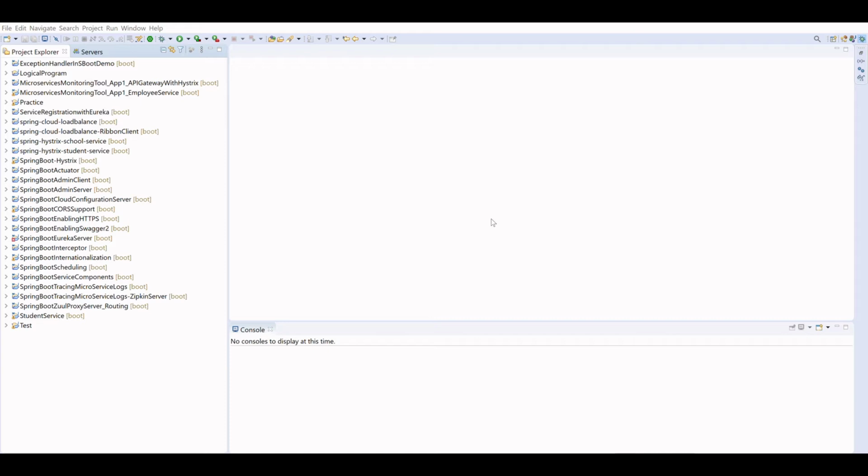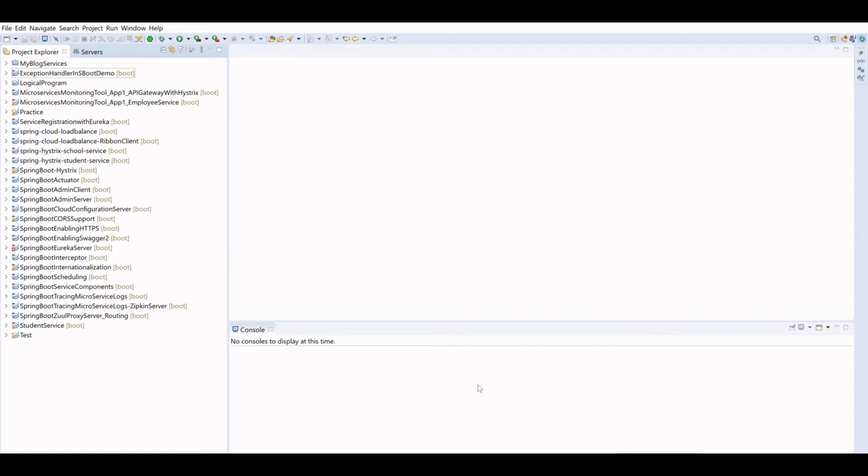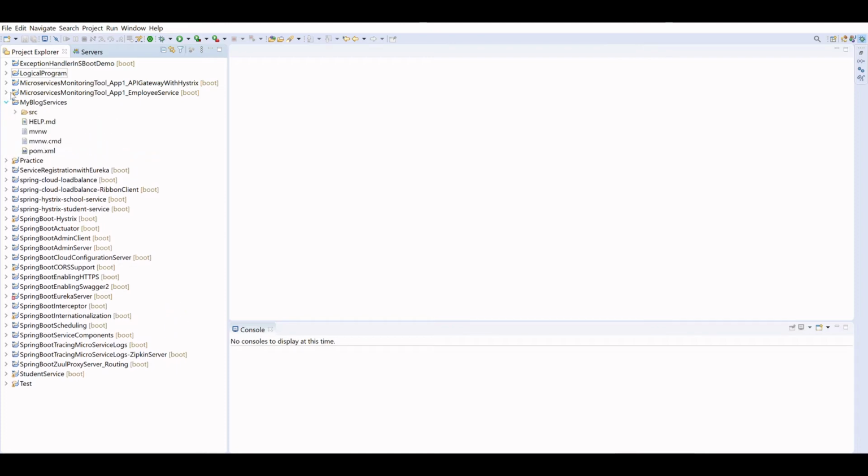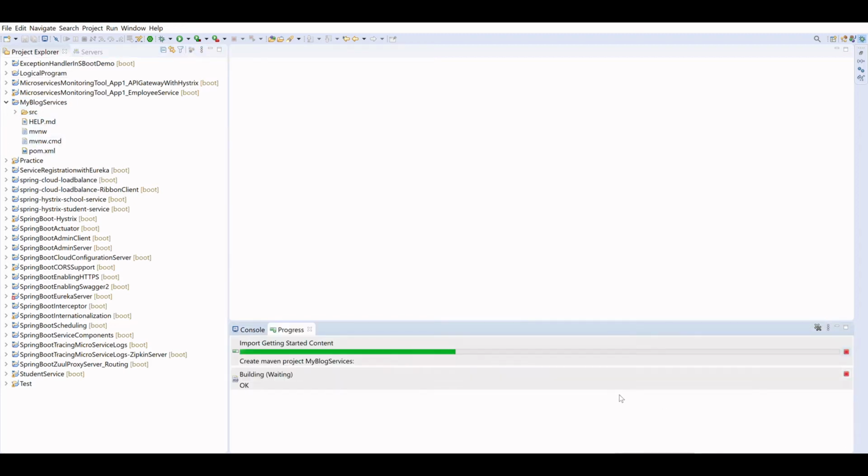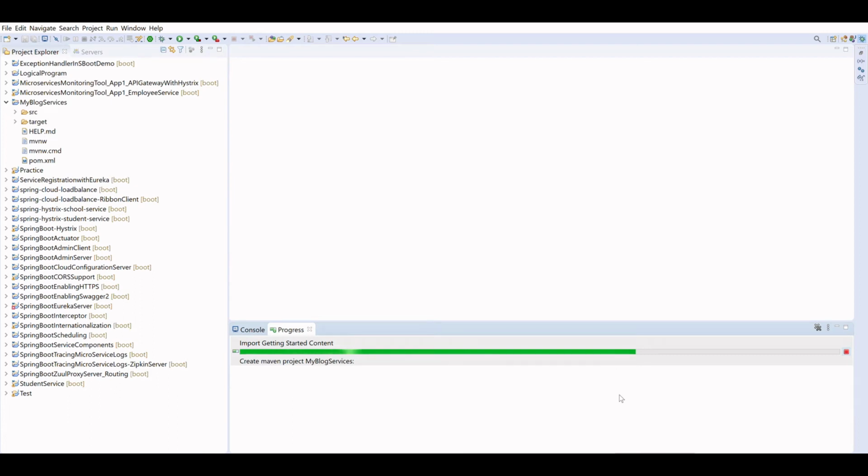So let me create the first application, Spring Boot. This is a very simple set of steps in Eclipse to create a Spring Boot application. What you have to do is just follow the instructions as I have done, right? Currently you can see here this is a very simple project, and nothing is there. If you are connected to the internet, it is creating the application from the web, right?